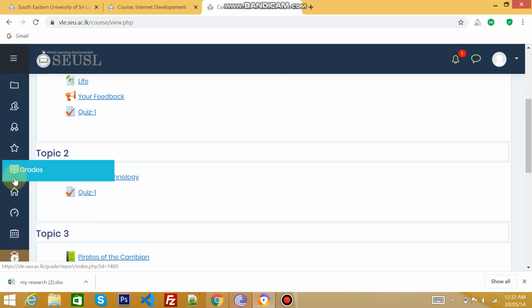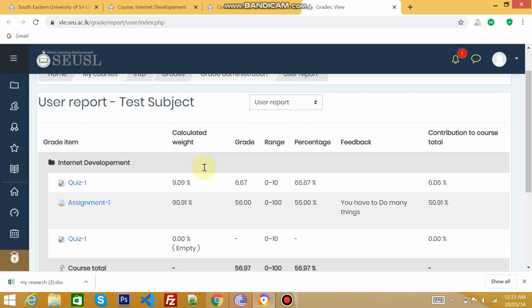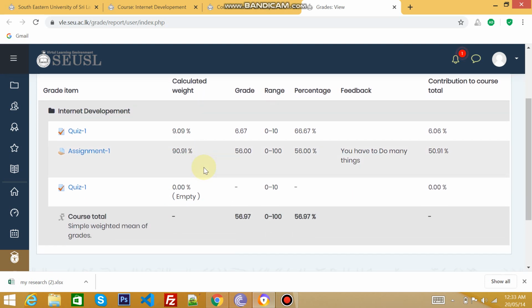That is this one, grade. If you click this one, it will bring you to another page where you can find the overall grade for your assignment for the subject internet development. It's kind of a report actually. So this is the overall result for quiz 1. We have done two reattempts, but here we can see the overall result.